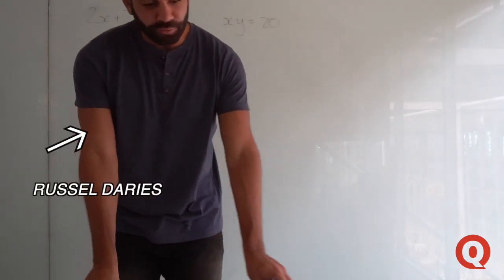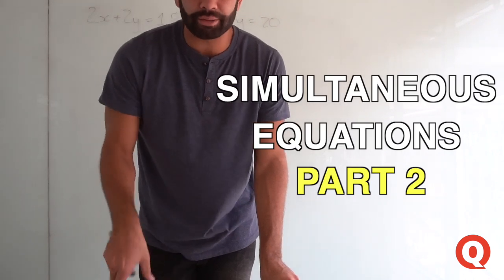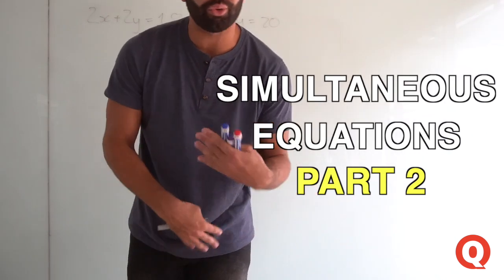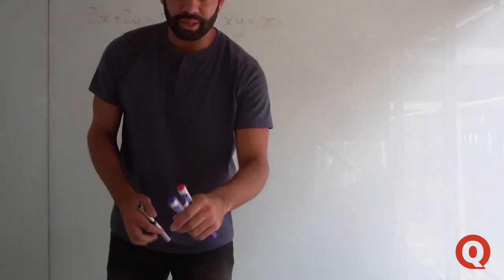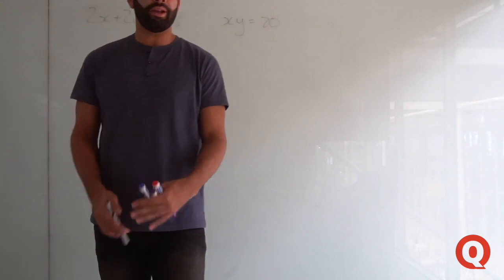Simultaneous equations are all fun and good. It's really cool once you figure out how to solve them and the method behind it. But how can I apply this to a real world example? Let's start with that. So say for example, you were a property developer, or a property developer came to you